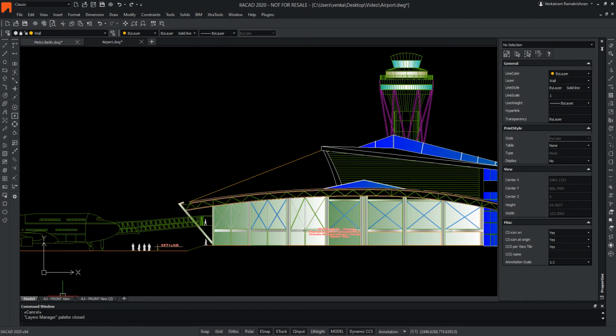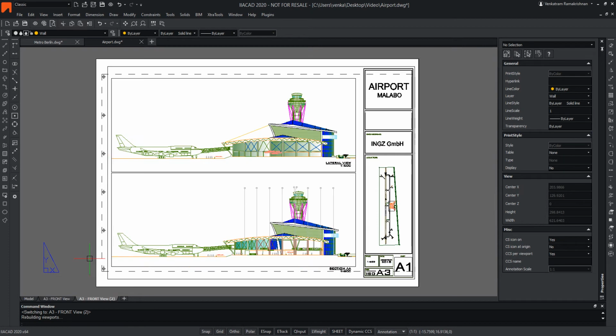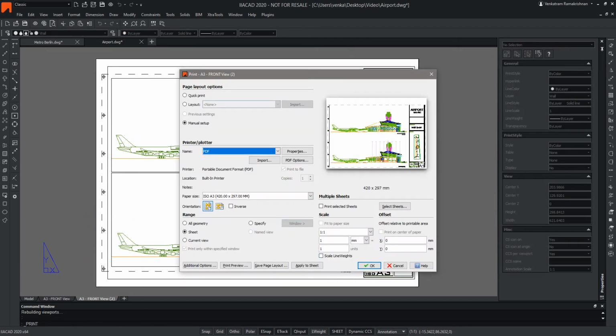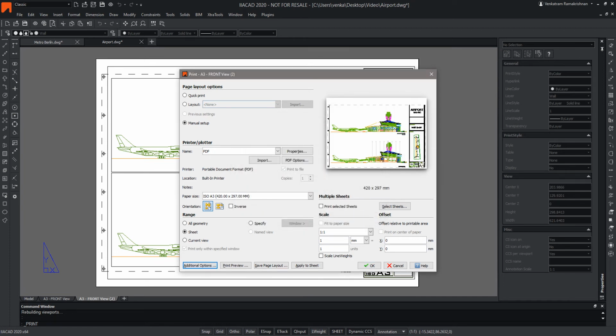The paper space will allow us to create layout sheets of any type and sizes. This way, we can combine different views at different scales of our 2D and 3D drawings. IAA CAD also supports advanced printing configurations with the possibility to use CTB, STB, and PC3 configuration files. You can also print in any paper size on any paper or to a PDF file.